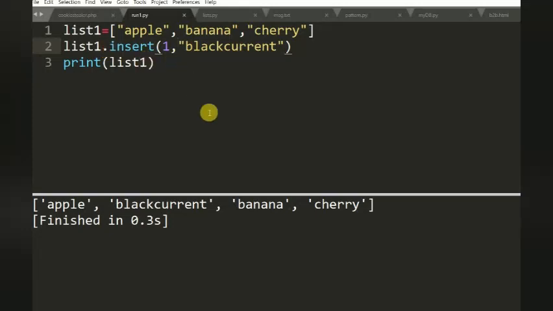See, now at position 1 blackcurrant will be added. The output will be apple, blackcurrant, banana and cherry.